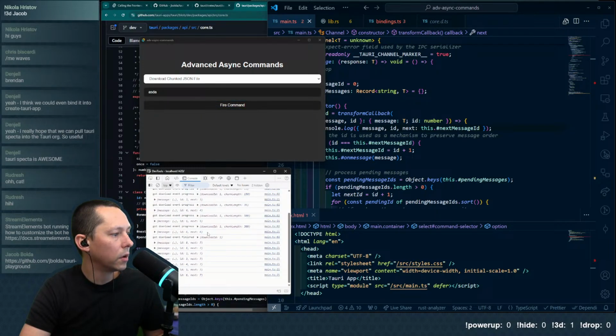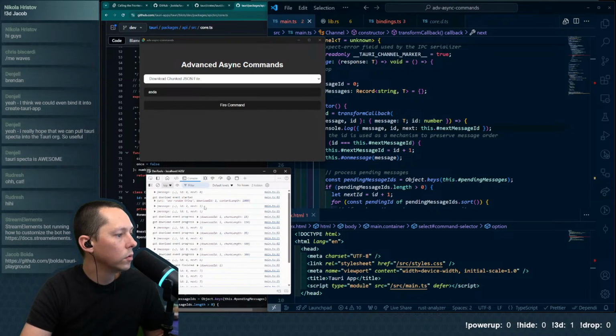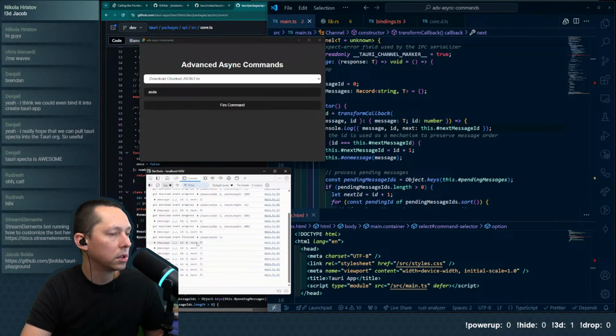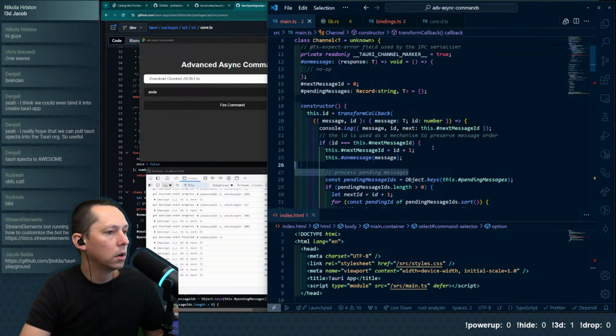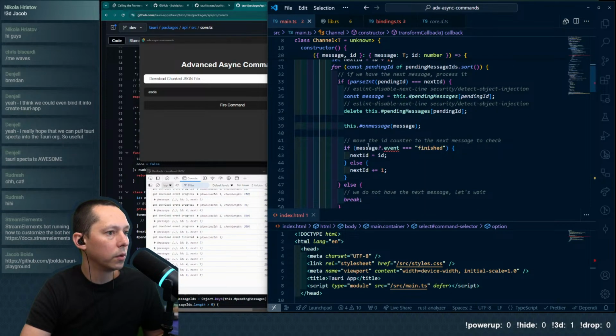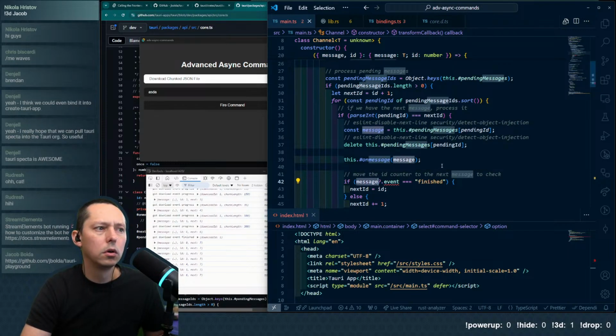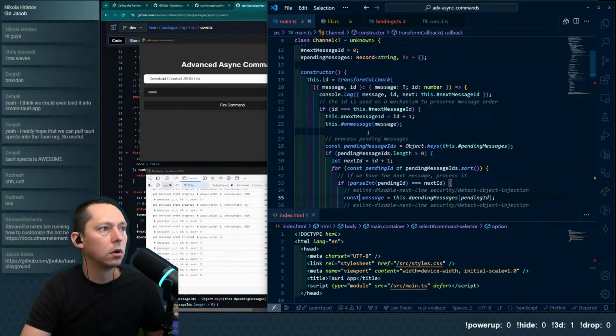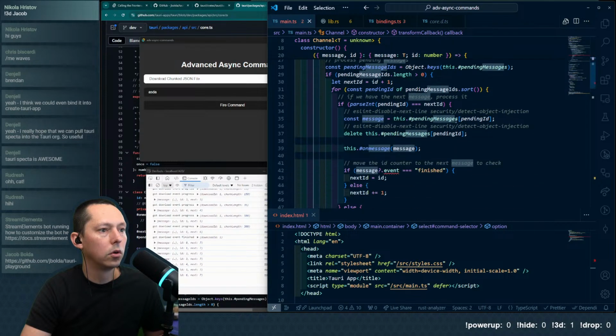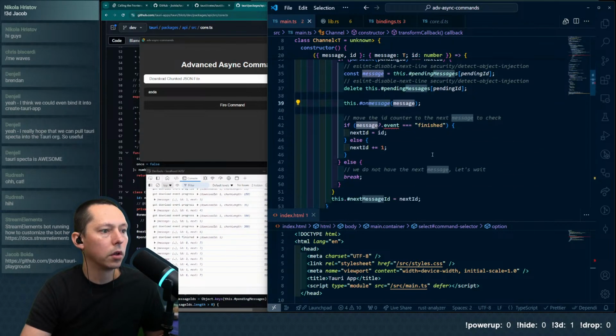So next is 7. So 0, 1, 2, 3, 4, 5, 6. Next is 7. So we never actually get to the point where we're checking this. So if we do, oh, it overwrites it.